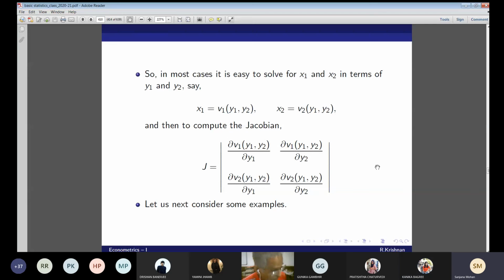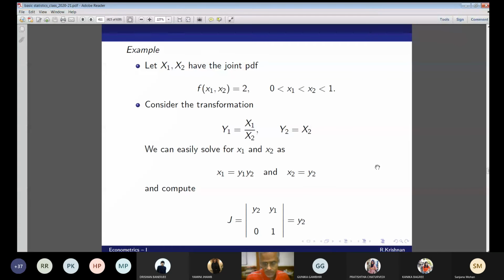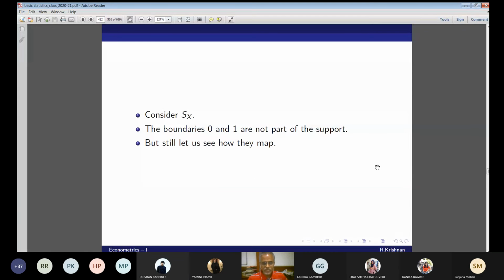Yes, sir. Even though the computation of y1 depends very much on the value of y2, still y1 and y2 are independent in the probability sense. Is it okay? This is the solution which you have done so correctly. Boundaries are present, not part of the support.